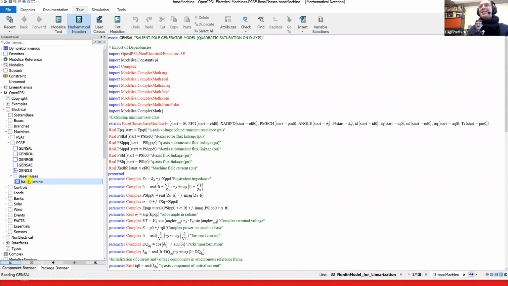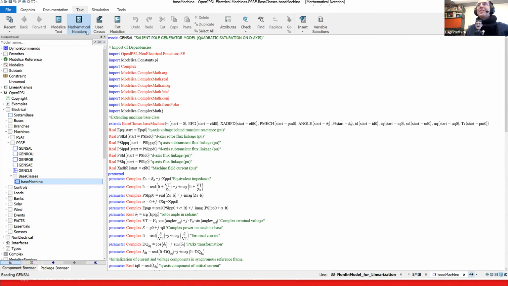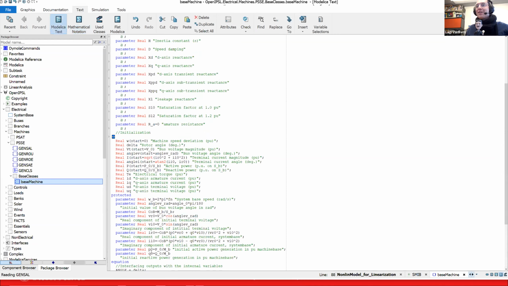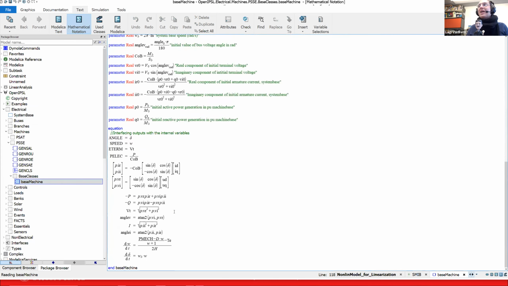So you can see the base machine actually has the differential equations that we use for the swing, which I am failing to see in this moment because of demo effect. But let me go like that. I'm going to find it quicker. Yeah, so yes, here at the bottom is the derivative of speed and derivative of angle of the generator. I mean, this is simple for me to read, as you can see.